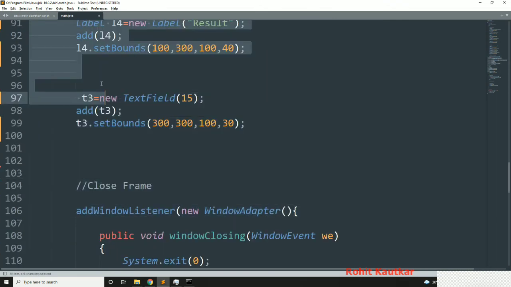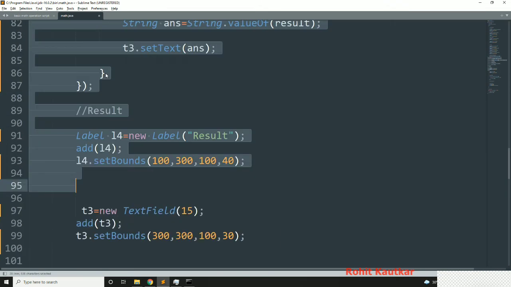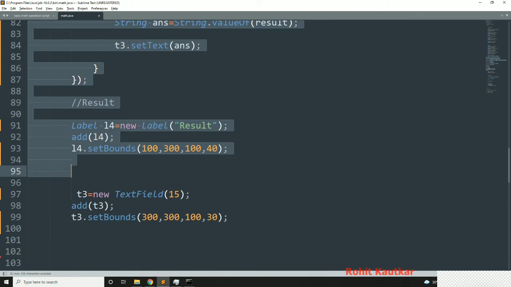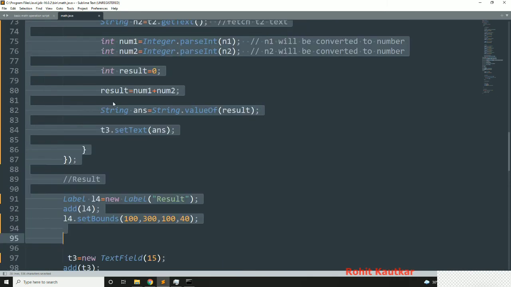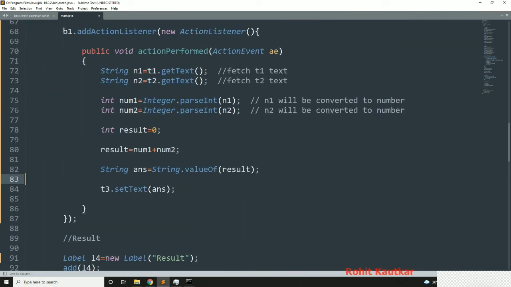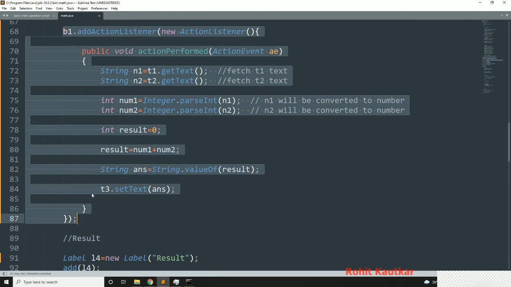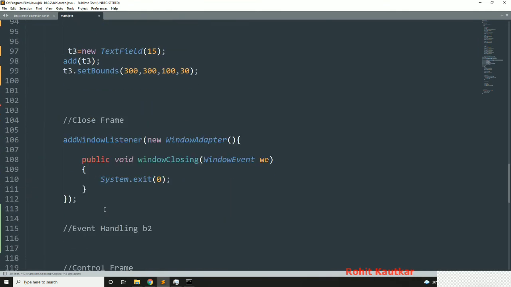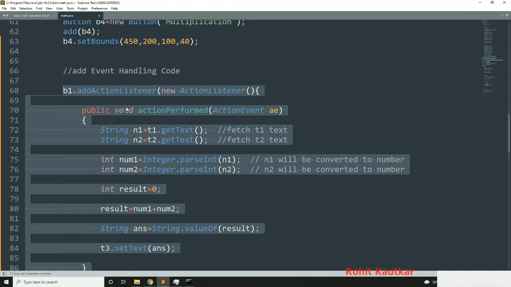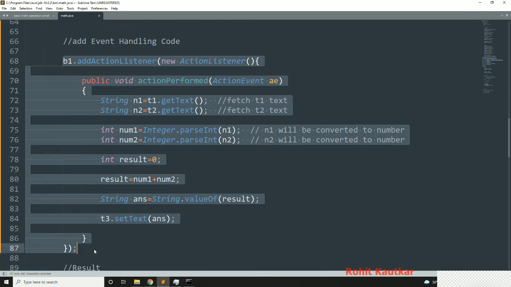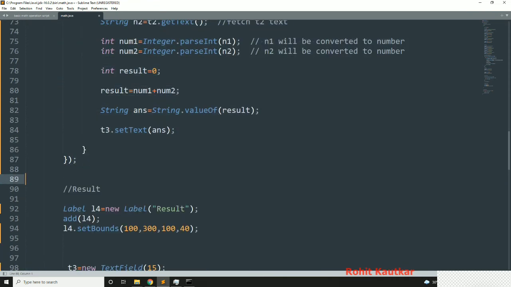Okay, this much code I want for button 2, so below this I will try to paste.